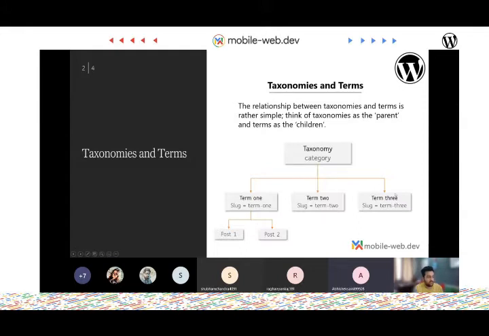Category as a taxonomy has a parent-child kind of relation, in which you can create a parent taxonomy and then create multiple children under it. The taxonomy term, which we call the slug, is used to differentiate different posts. A post can have more than one taxonomy, and a category can obviously have more than one post.